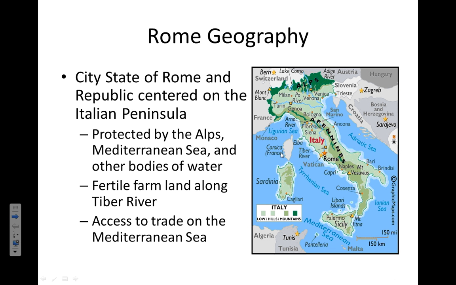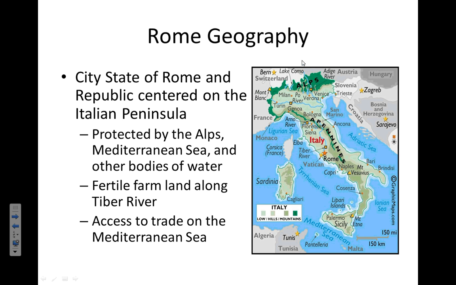So first off, we're going to start with Rome's geography. So Rome is a city-state to start, and it's a republic. It's centered on the Italian peninsula, the peninsula that's shaped like a boot that juts out into the Mediterranean Sea. It's protected by the Alps to the north,